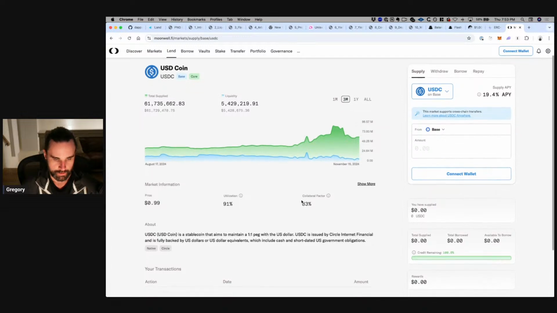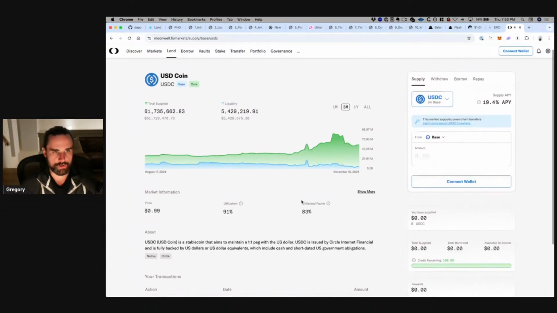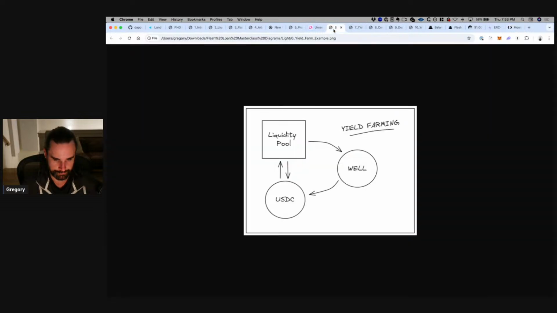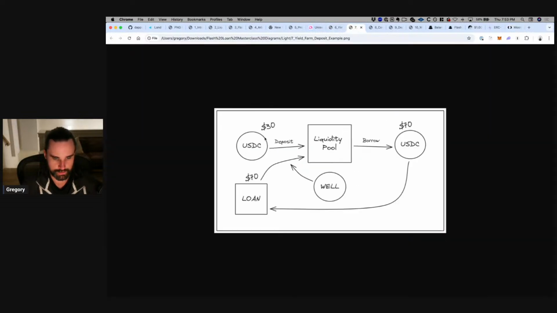Whenever I showed you this example of depositing 30 and 70, I used these numbers very intentionally. 30 and 70 add up to 100, which is very easy math to understand. So if you start off with $30, you can add that to $100 with exposure. You could scale that number to thousands of dollars, 3,000, 30,000, et cetera, or you could scale it down. If you want to try it with $3, you do $3 and $7 and add up to 10. I just use those numbers for example purposes.